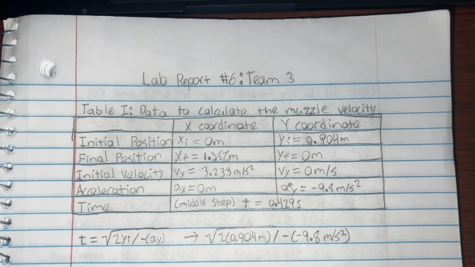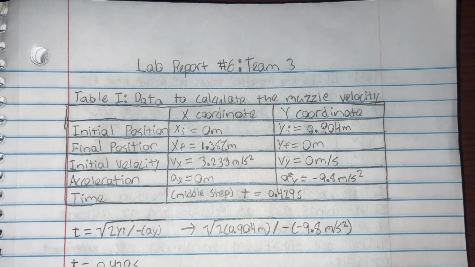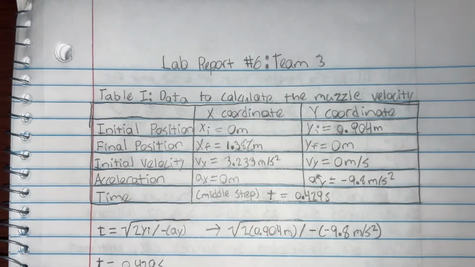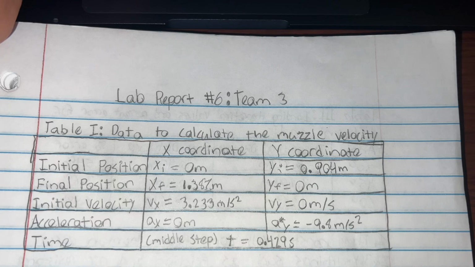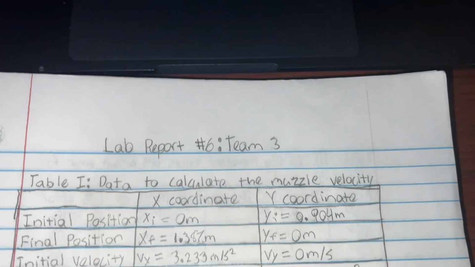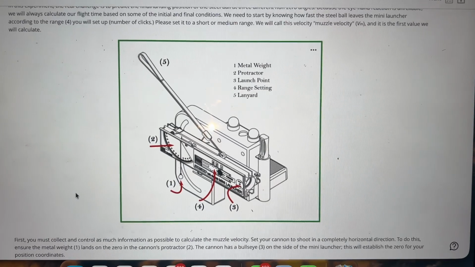Hi guys, welcome. So this is lab report 6. We are team number 3. For our lab number 6, it was the experiment using the launcher. I'm just gonna go ahead and demonstrate what we were using here. So here's the launcher right here. As I explained earlier in the video,